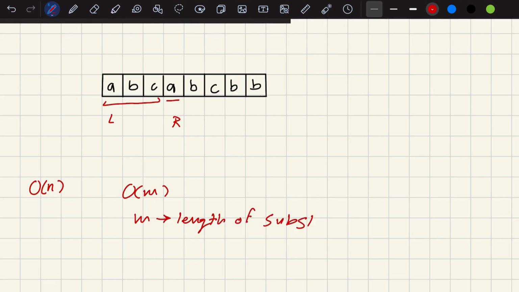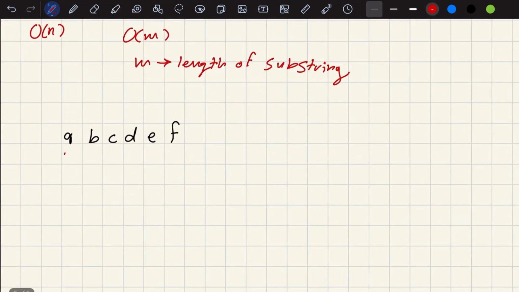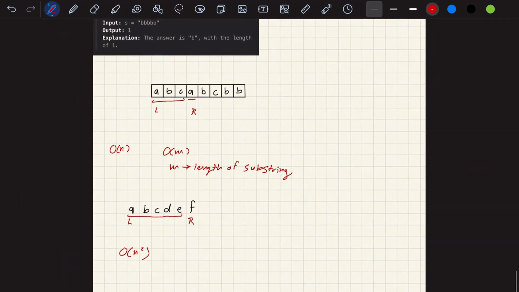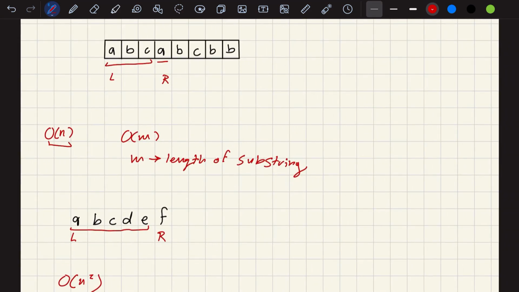And if we look at the worst case, let's say we are given a string that is completely unique, no characters repeat at all, and once we get to the end we have an L and an R. We're checking F against the entire thing, so at this point M is the same thing as N, well, N minus 1, but it actually becomes an O of N squared operation, which is not very ideal. We do want to try to shoot for O of N, and the way around this is to